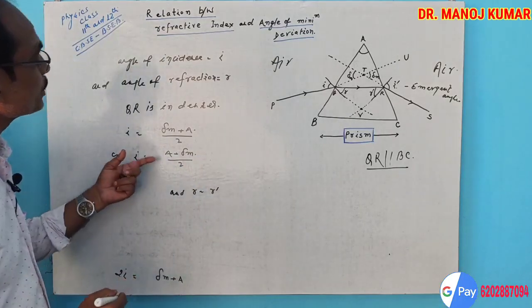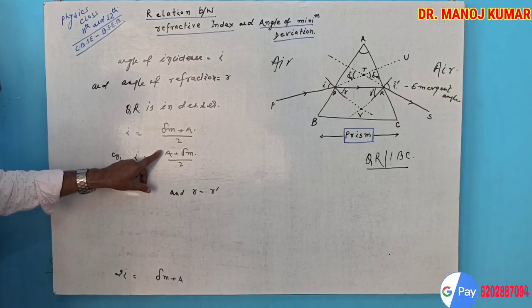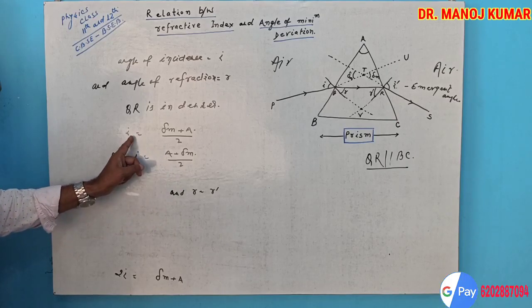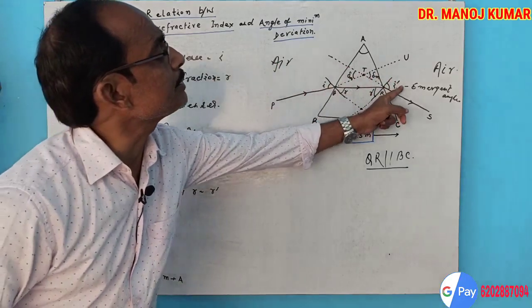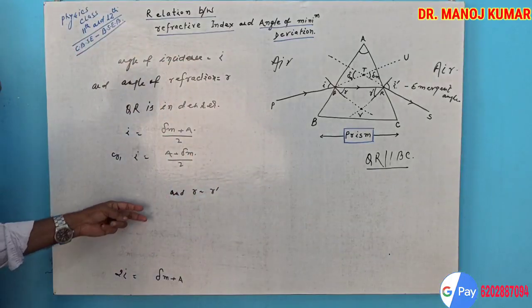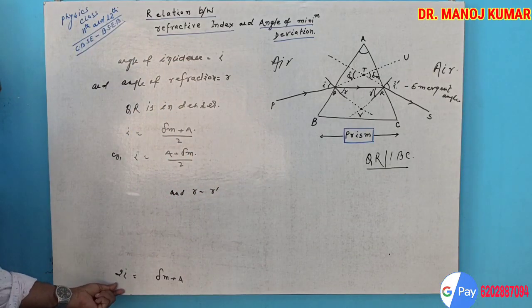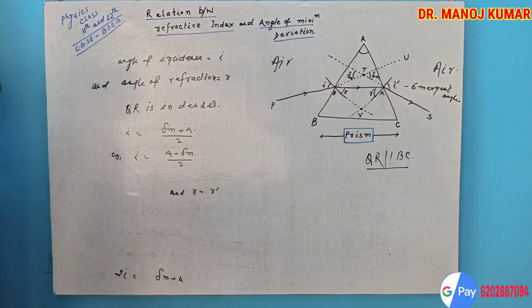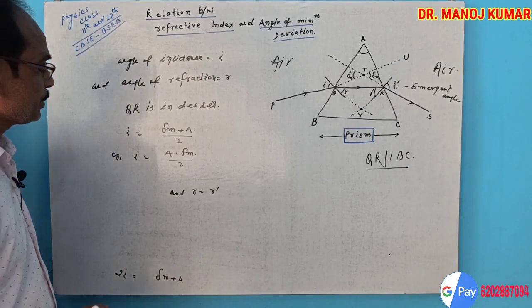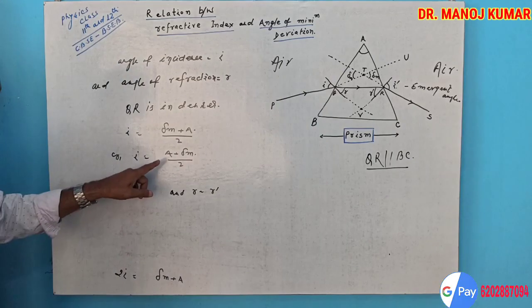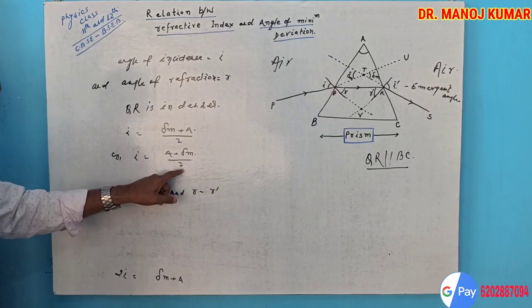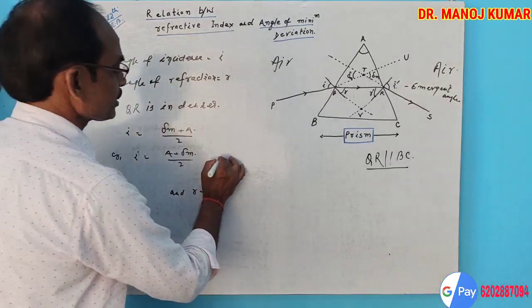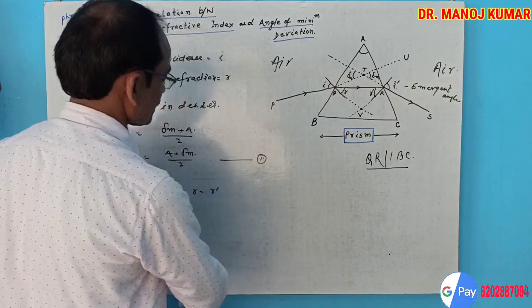यहाँ पर आपको किसी तरह की प्रॉब्लम नहीं होनी चाहिए, इसलिए कि I के बराबर ही I है, तो उसको हम ऐड करके 2I बना दिए, जो कि del m प्लस a के बराबर होगा, इसलिए I बराबर होगा a प्लस del m by 2. दिस इज द इक्वेशन फर्स्ट.